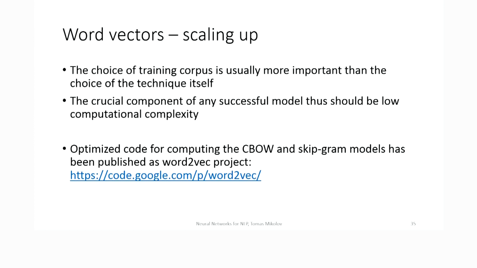The next steps were obviously scaling everything up to train the models on more and more data. We did publish the code, actually this link probably doesn't work anymore. I think it was shut down somewhat recently, but there are other copies of Word2Vec. For example, I have a copy at GitHub, but there's also a follow-up project that we are developing here at Facebook that's called FastText. So if people want to use Word2Vec, it's implemented in FastText, so they can look at that.